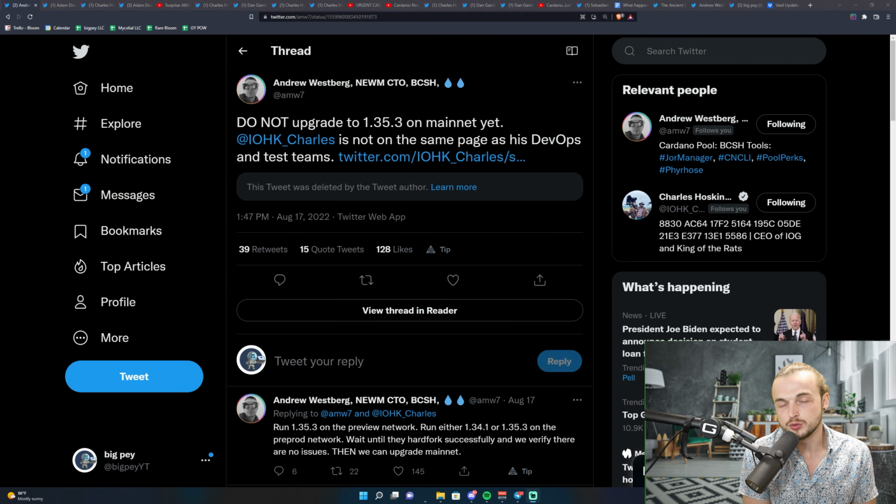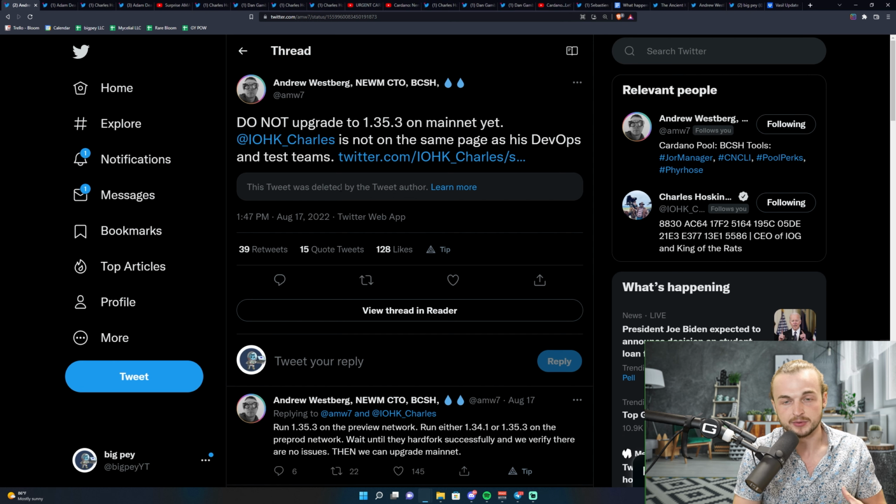When is it coming? On Cardano, if you use any transactions or use Cardano at all, you are interacting with software called Cardano Node. Cardano Node is what the SPOs run to run the network. It's the infrastructure for the network. When new hard forks come, the SPOs have to upgrade to the new version for the hard fork to be able to happen. We saw a tweet from Charles that has now been deleted. Unfortunately, I don't have a screen cap of it, but he was telling all stake pool operators to go ahead and upgrade to the new node version